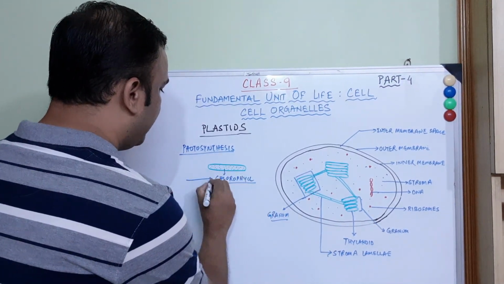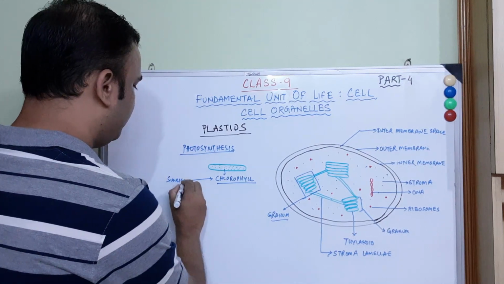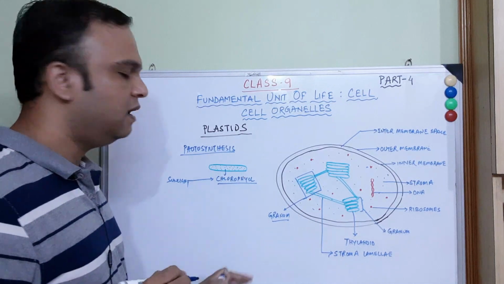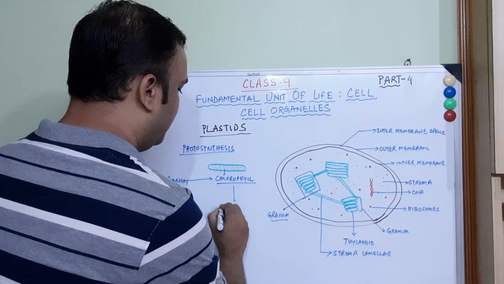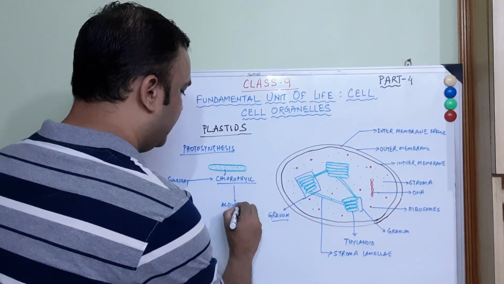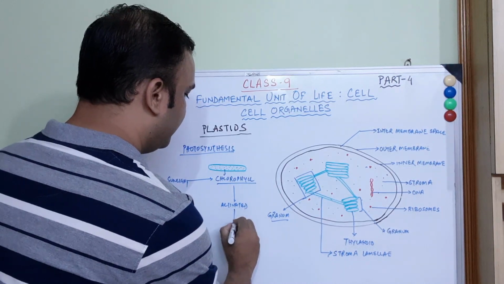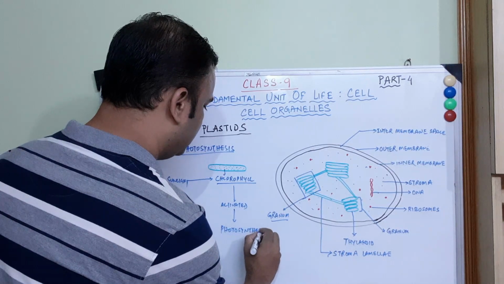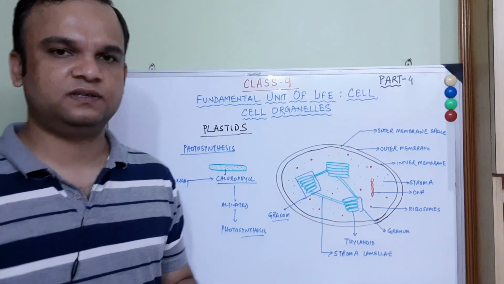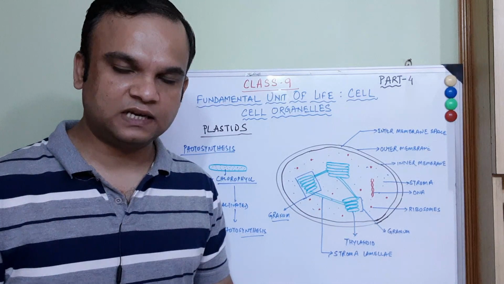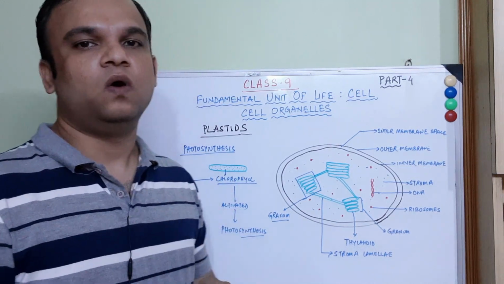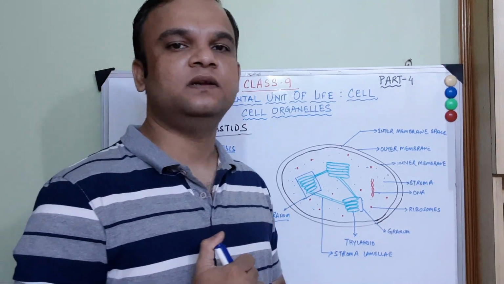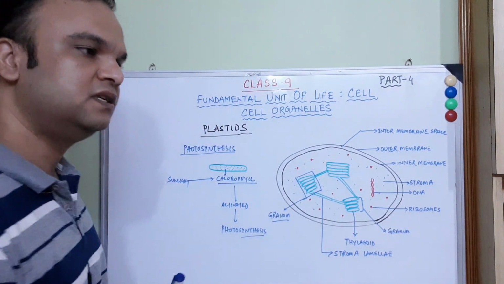Chlorophyll traps the sunlight. The sunlight falling on the leaves is trapped by the chlorophyll, and after trapping the sunlight, it gets activated, and activated chlorophyll helps in the process of photosynthesis. The discussion of the process of photosynthesis is beyond the scope of this lecture. For this, I have already made a video for class 10 students. You can watch that video. I will give it in the I button, and you can understand the process of photosynthesis from there.